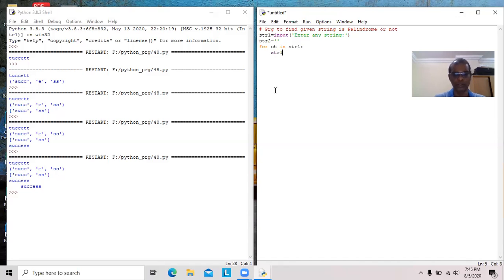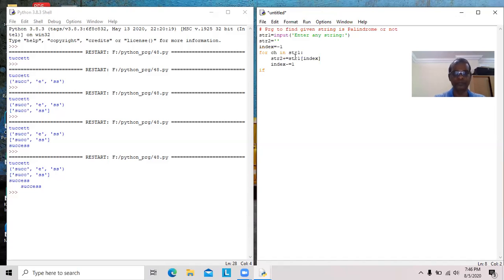Now str2 plus equal to. Here I would like to include one more variable, index = -1. We need a negative index, as we have to start from the right-hand side. str1 of index. Then index should be decremented by 1, so next time it becomes -2.